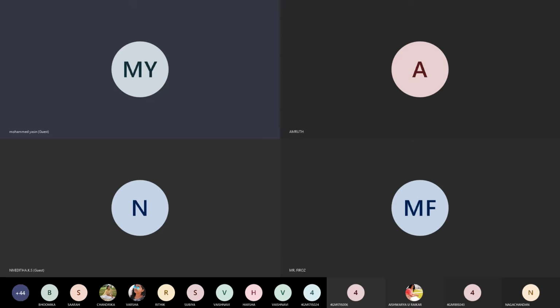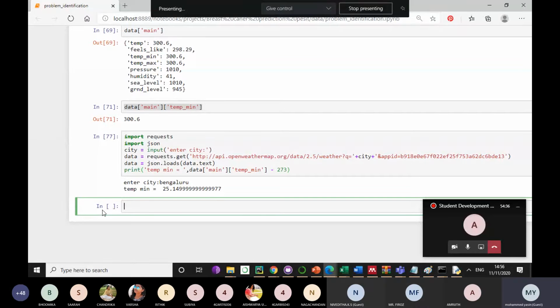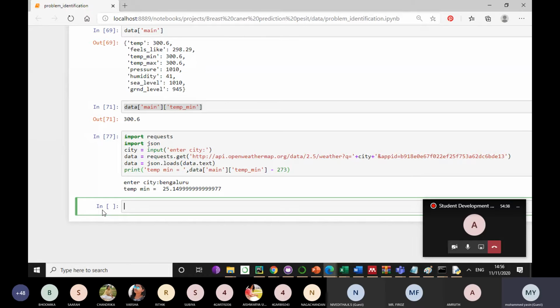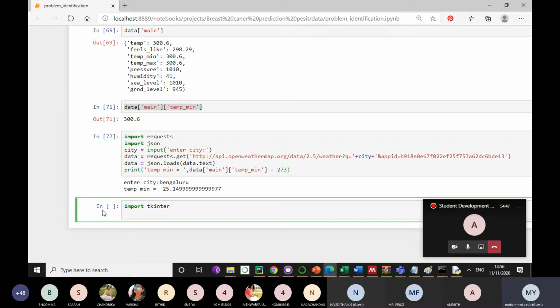I'm going to do a very basic design because we don't have much time to do a very good UI. But I'll show you 3 lines of code which will help us create a window.